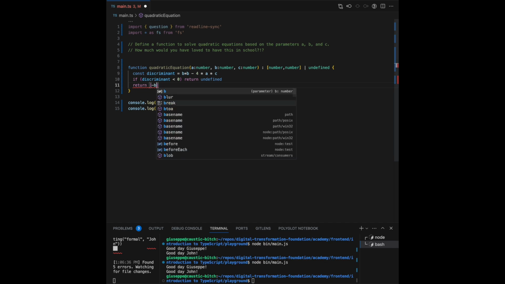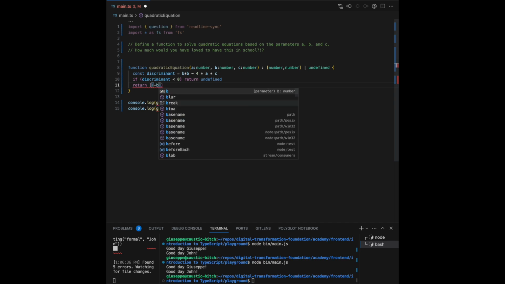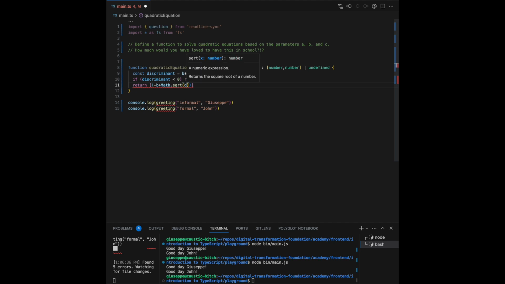minus b plus the square root of the discriminant, and all of this divided by 2a, and that's one solution, and we return minus b minus the square root of the discriminant divided by 2a. Okay, so